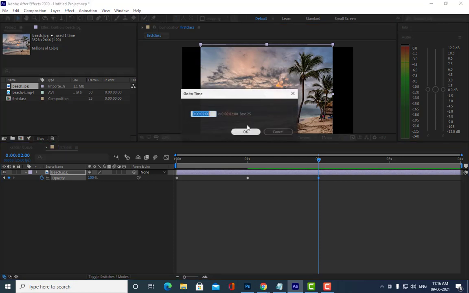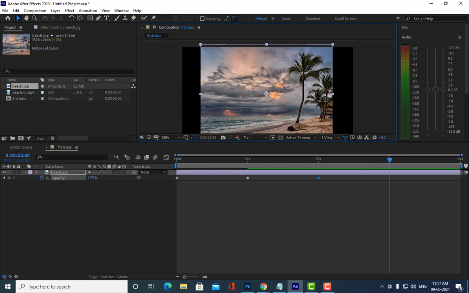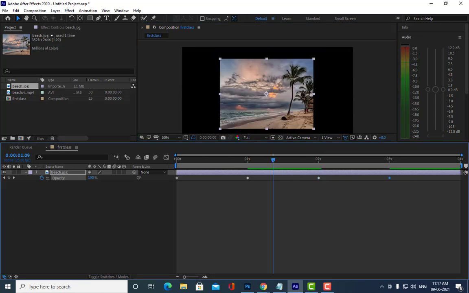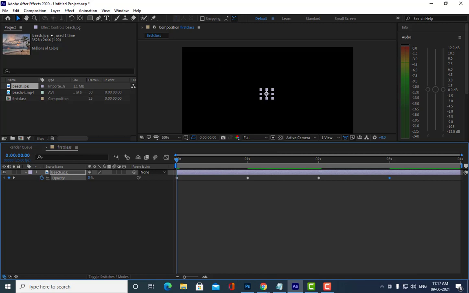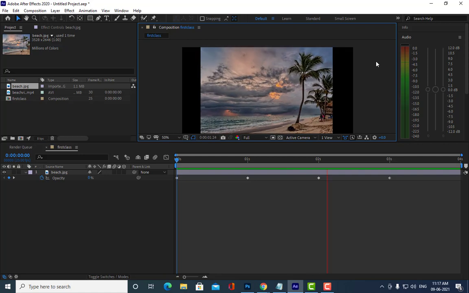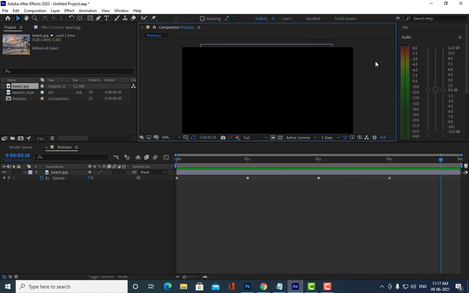Just click here, type 3, and here we will reduce the opacity. Now we will go to home and then hit space bar. Is it clear, all of you?